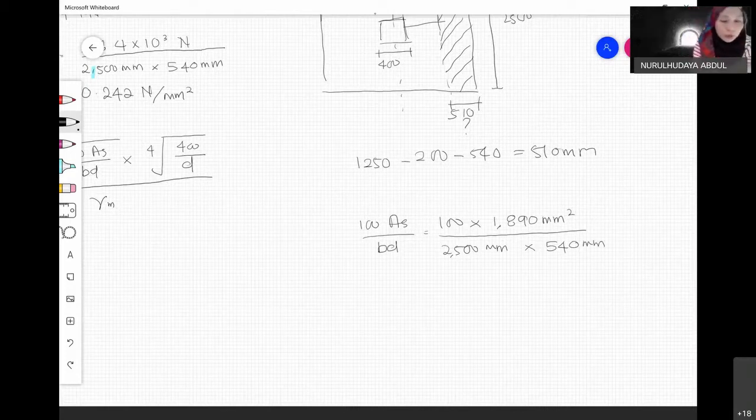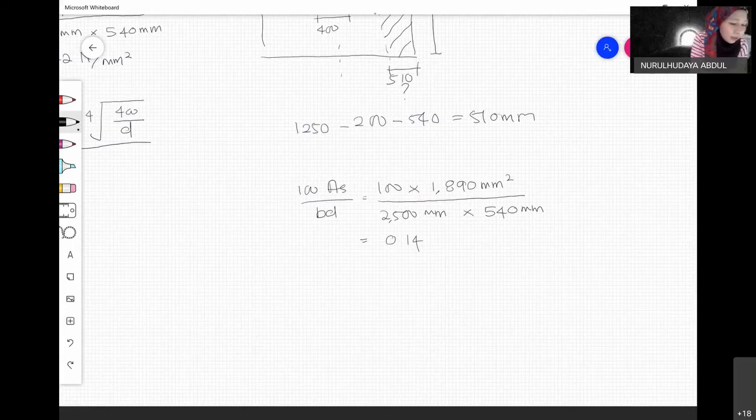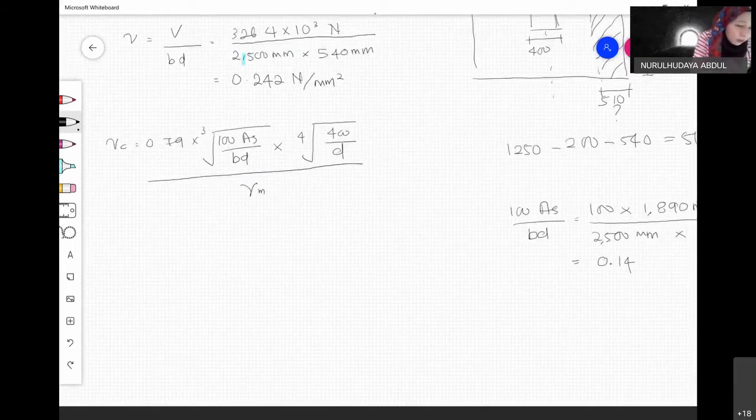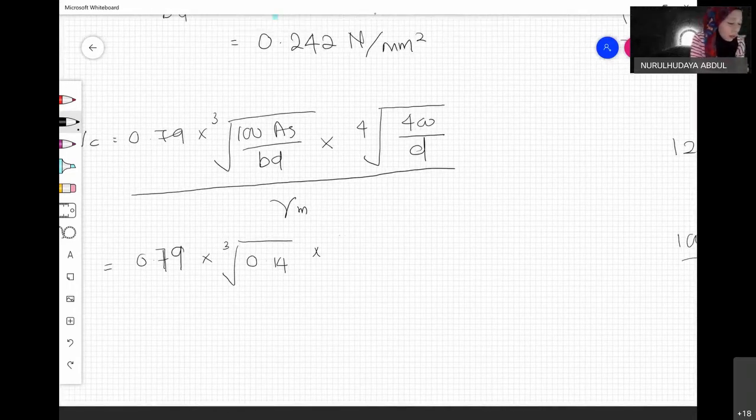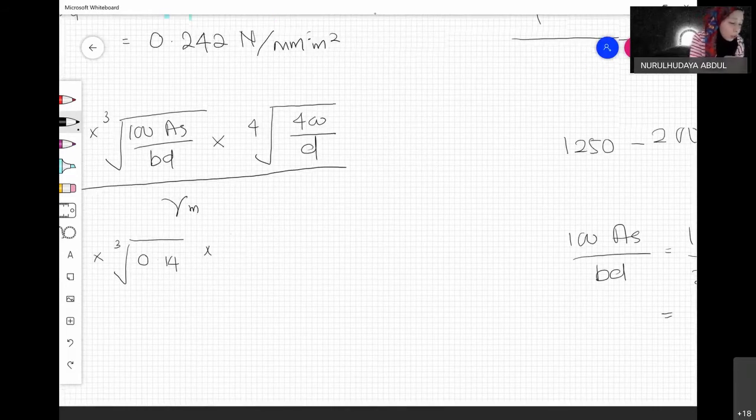Okay, so here I'm going to get some values. So I dapat 0.14. From this one, kita dah ada this 0.14. Nampak? Okay, we can just put it inside. Kuasakan 3, 0.14 darab kuasa 4. Okay, so kat sini because of our D is 540 which is bigger than 400, so automatically